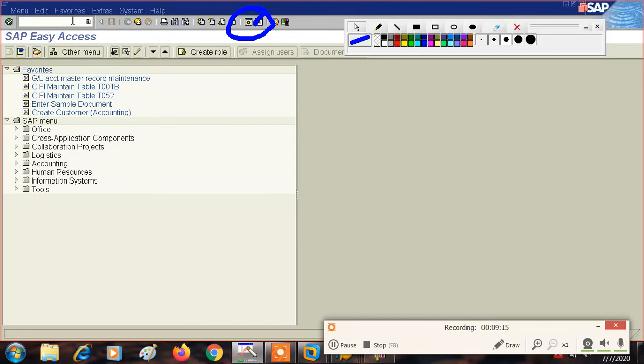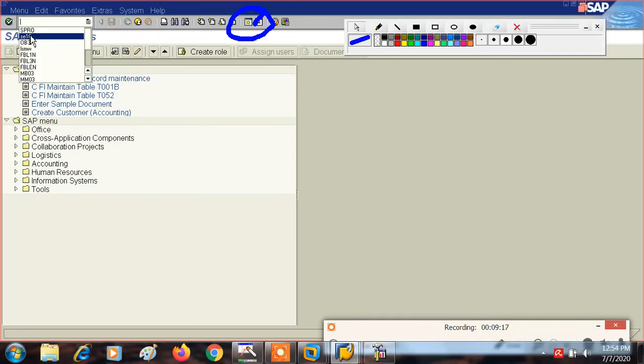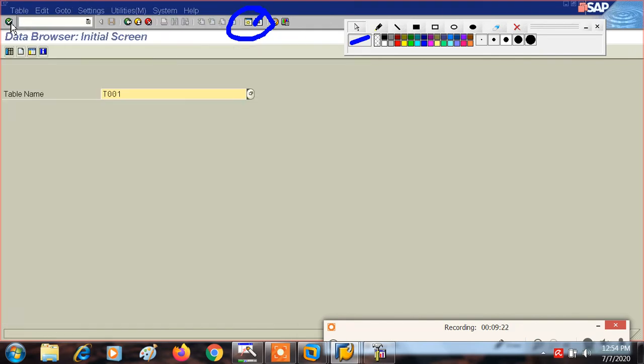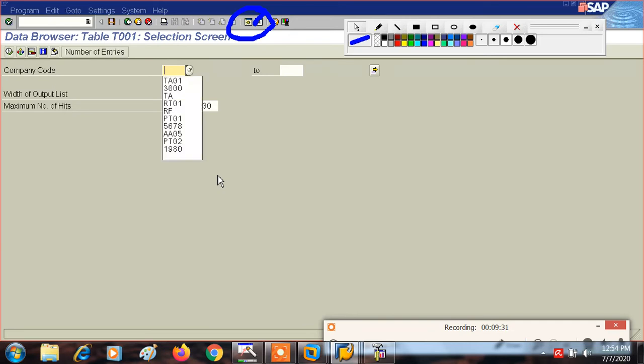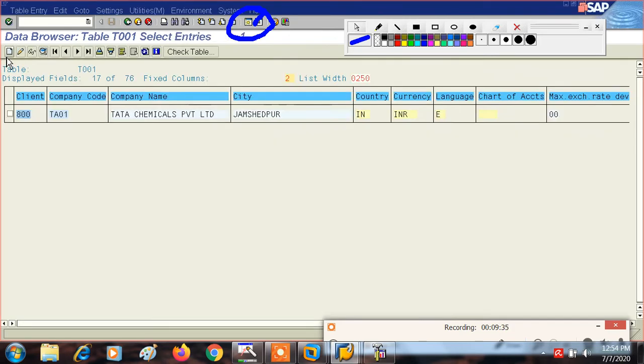So again we will go to the same T code, which is AC16. Now we will see whether the fiscal year variant has been updated there or not. Our T code, once again execute.